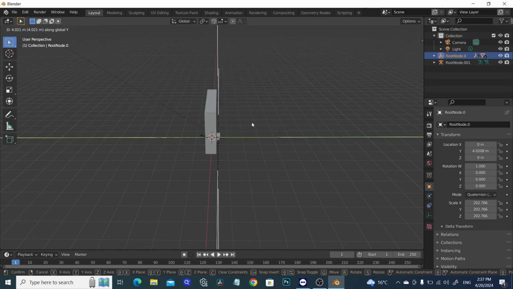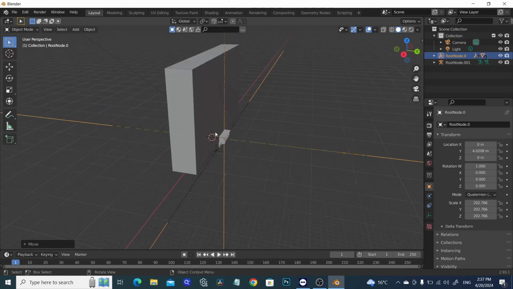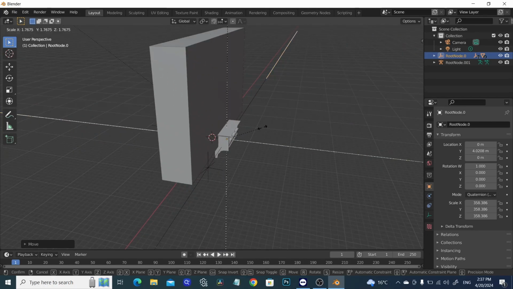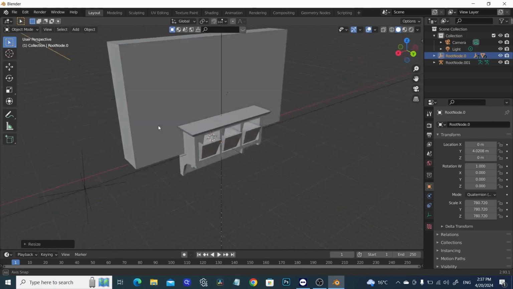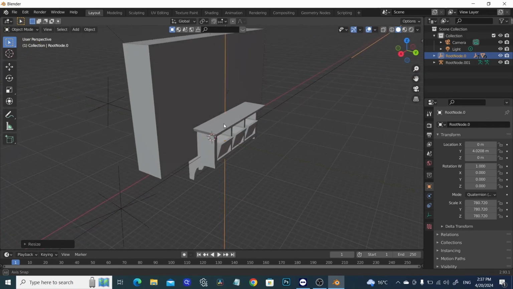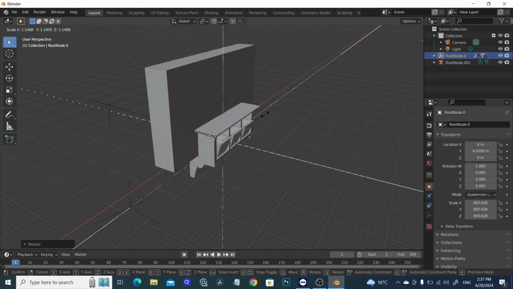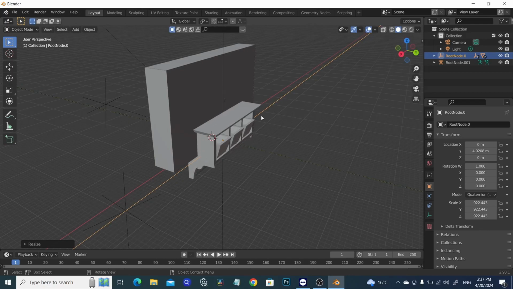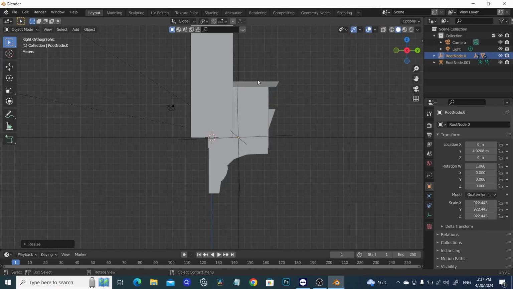In the Y it looks too small, so I will also scale it up. Okay, I want to scale it further a little bit, and by pressing 3 we can